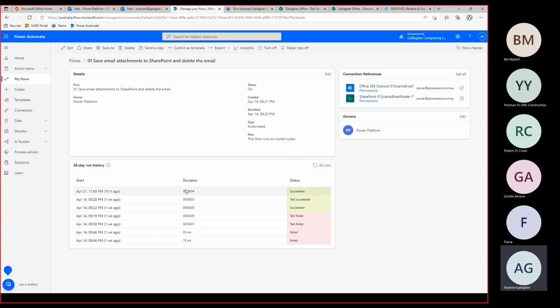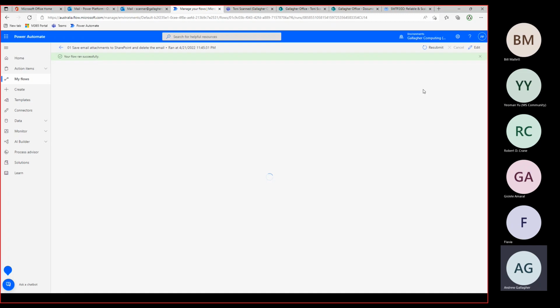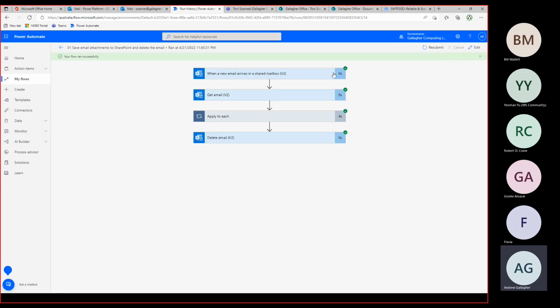It's also important to note that you can see here the run history of previous emails that have come in. You can see early on, my flow was failing, and then I got it to work. You can also click on one of the older ones and resubmit it.